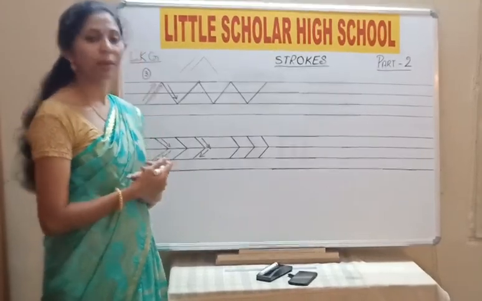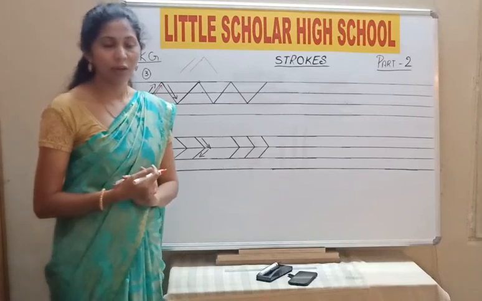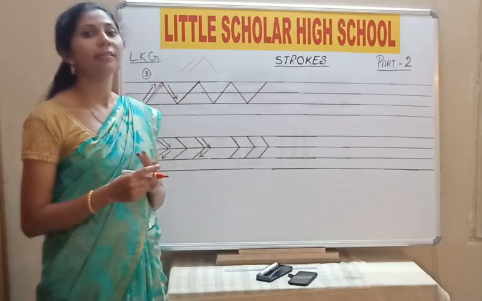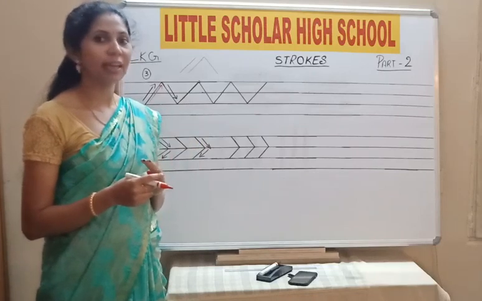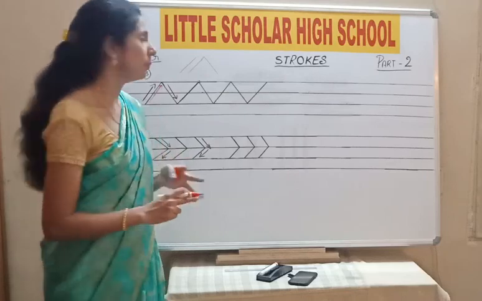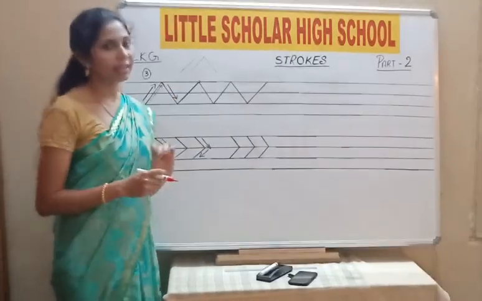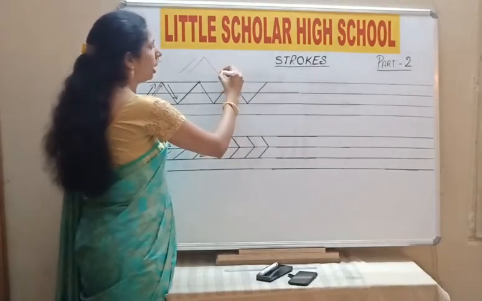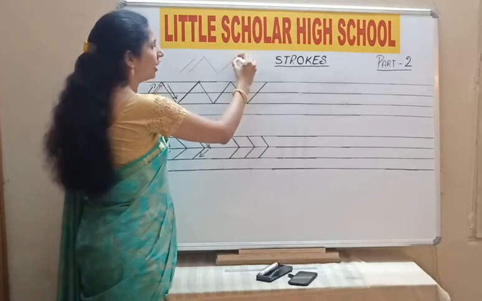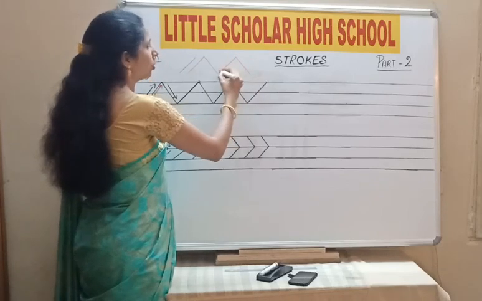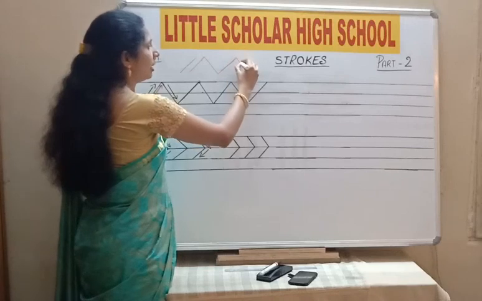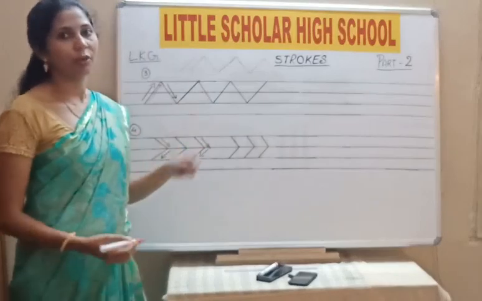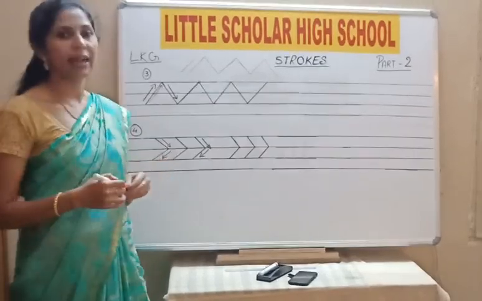Okay children, tell along with me now. I want you all to repeat. This third line is called slanting line. Tell me again: slanting line. So the third one will be a slanting line. I'll show you one more time. From here, from the down, you go up like this, slanting, then like this. Again, slanting line. Okay children, this is how you all have to write the slanting line.